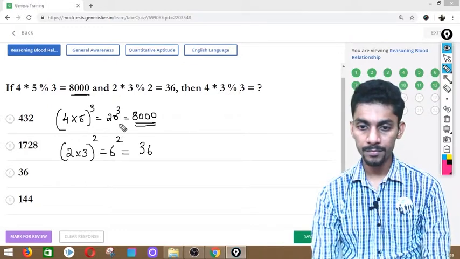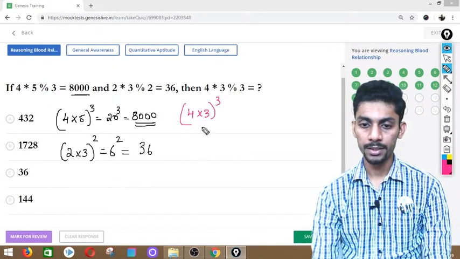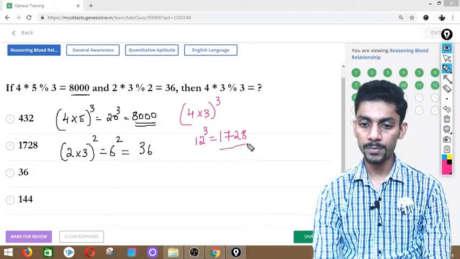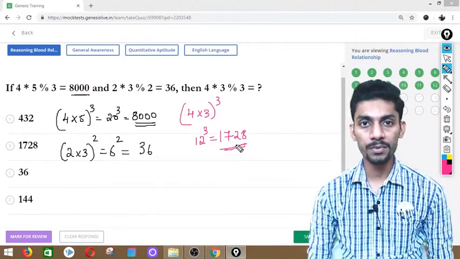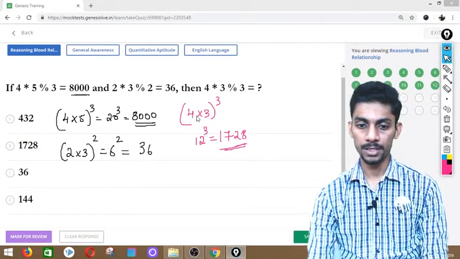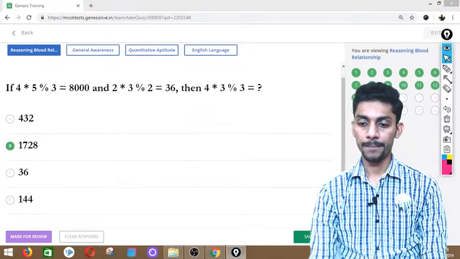So answer will be 4 into 3 power 3. So 12 cube, answer is 1728. Always remember, you should know the squares from 1 to 30, and you should know cubes from 1 to 15 at least. This will be very, very useful. Okay, yeah. So 12 cube is 1728. Next one,